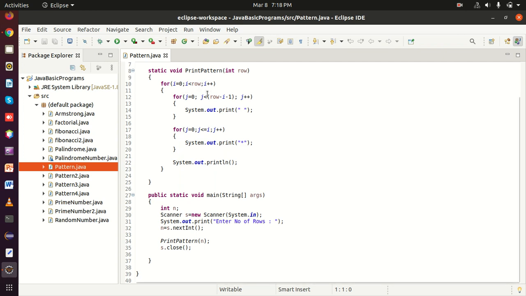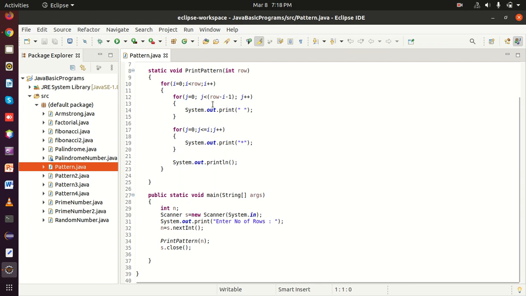For j equal to 0, j is less than row minus i minus 1, j plus plus. System.out.print white space. How this is going to work, I will explain to you. Okay, so for i equal to 0, i indicates the row whereas j indicates the column. So i equal to 0 and j equal to 0. j is less than row minus i minus 1, j plus plus.